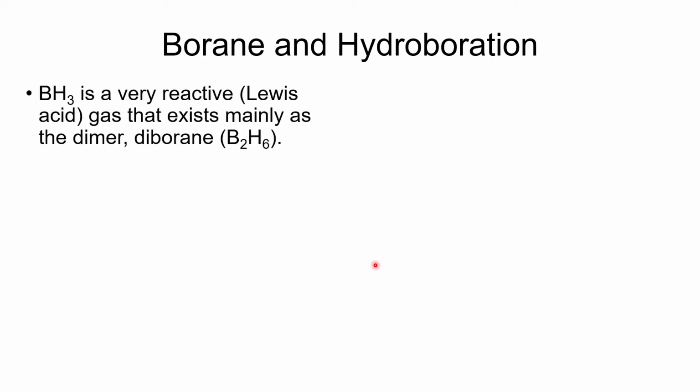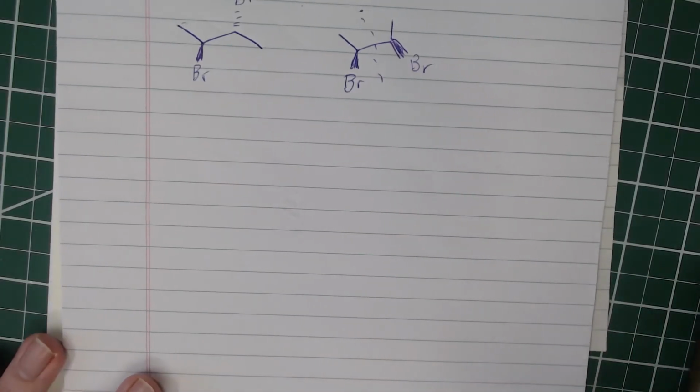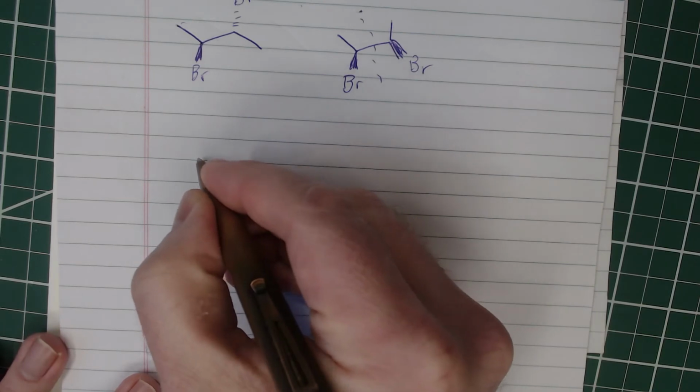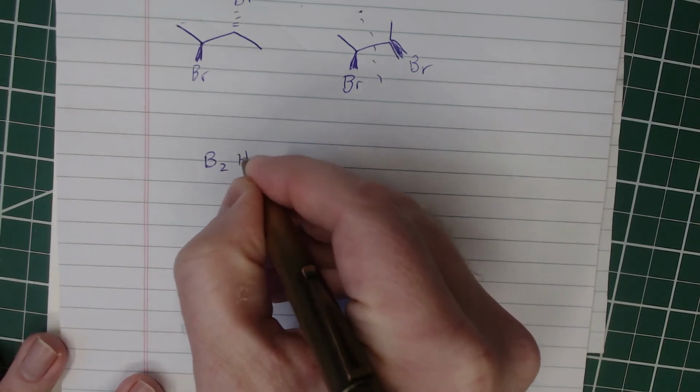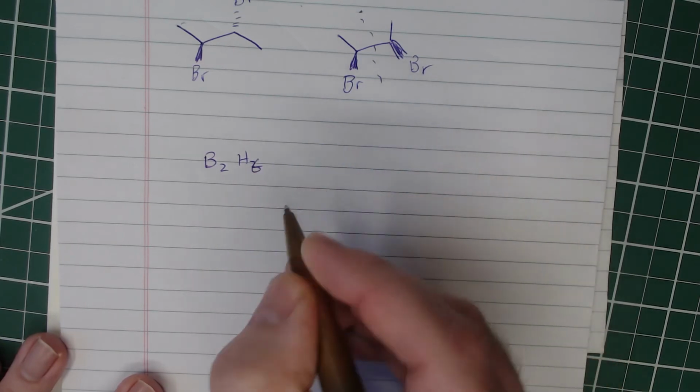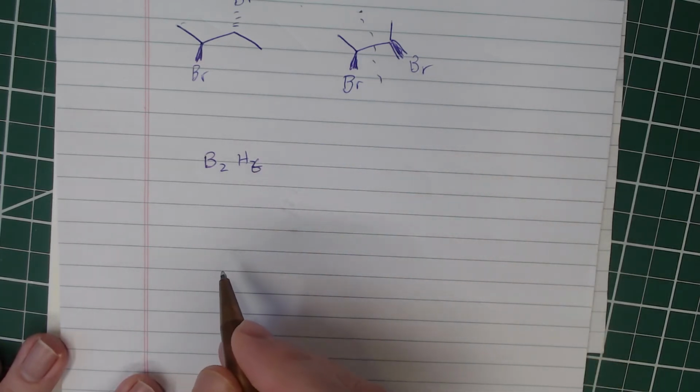So borane, BH3, is a very, very reactive gas, and it's a little bit difficult to work with in the form of BH3. In fact, in the gas phase, it's not really BH3, it's the dimer diborane, B2H6. Well, I'm going to show you something about diborane. This is interesting enough that I'm going to switch over to our document camera here for just a moment. And I'm going to draw the structure of diborane. So it's B2H6, and if you attempt to start drawing structures of this, you immediately run into